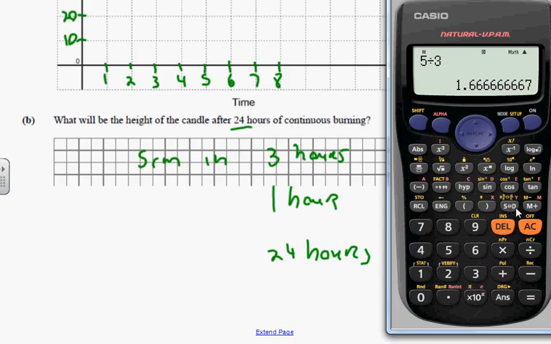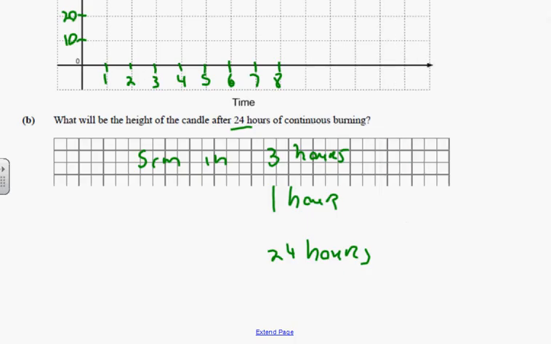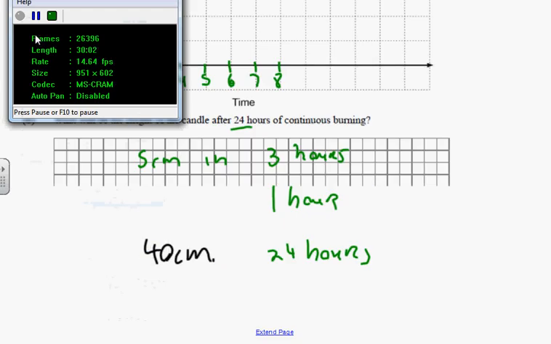It's 1.67, or 1.6667. That's for 1 hour. We want 24 hours, so we're going to multiply it by 24. 40 centimeters. So 40 centimeters gone, 40 centimeters left. Did I do question 4 pretty much all the way down to